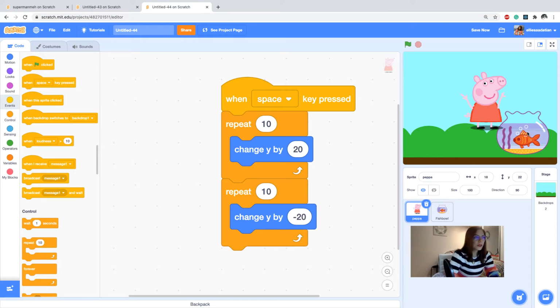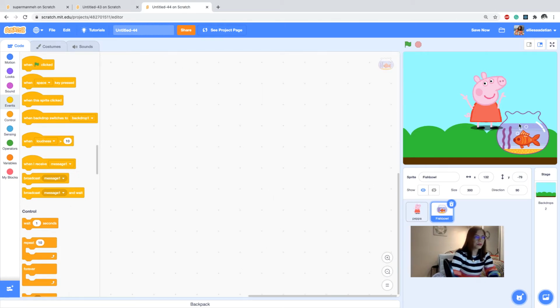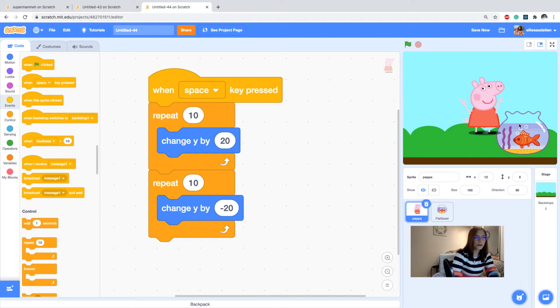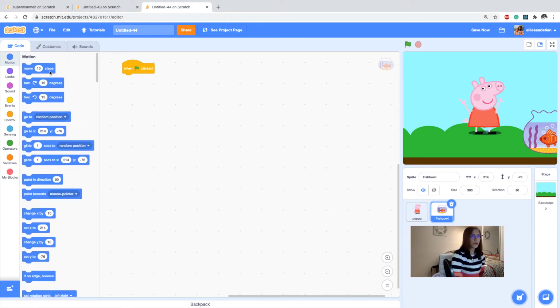Now let's get to the fish. What I want to be done with the fish is I want it to start from here, and then I want it to glide all over to the end. So in order to do that, when the start is clicked, I want it to be in the initial position of